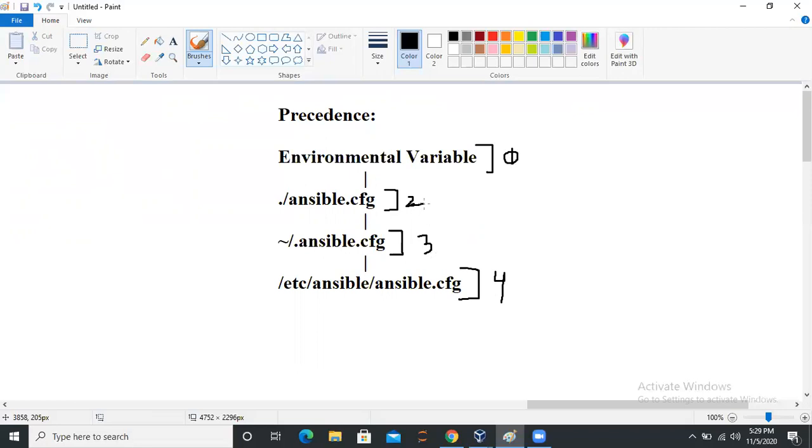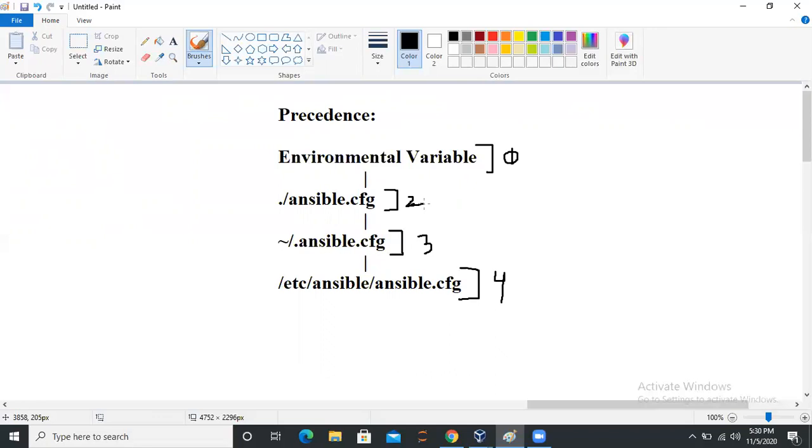So let's see the configuration file, how this configuration file looks, what are the sections which are really important in the configuration file, and what are the subsections which are really important. I'll show you some main sections of the configuration file. There are others which are also important, but that all depends upon your use case.